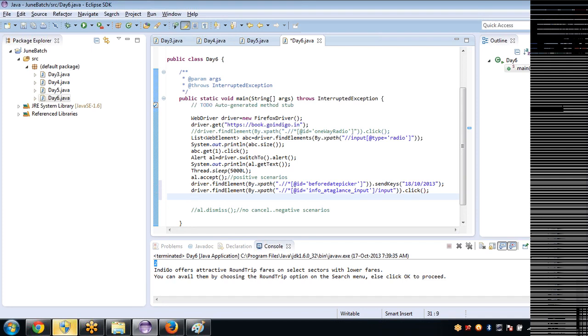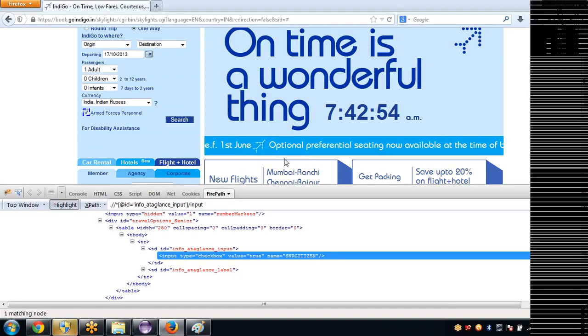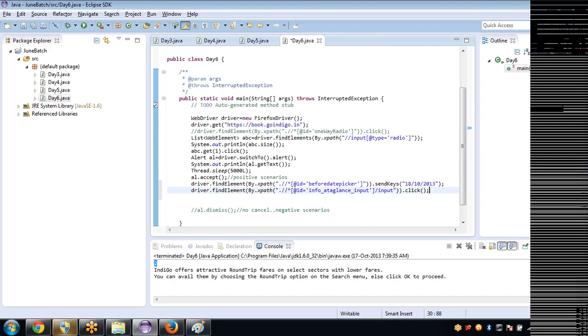Now after clicking on the checkbox, the checkbox will be clicked, right? Armed force personnel. Once after clicking, I want to know whether it got checked or not.